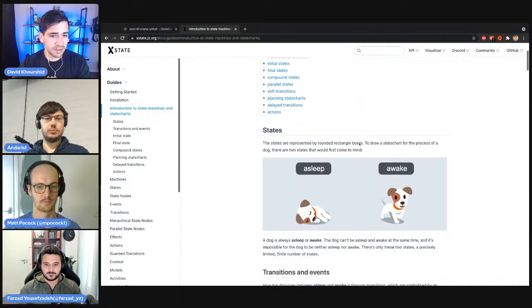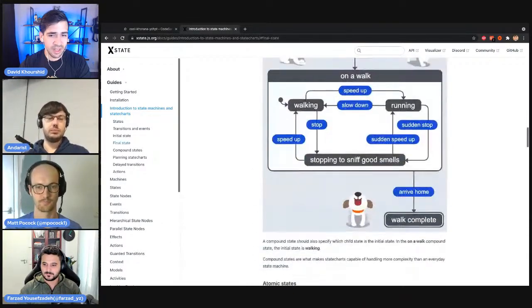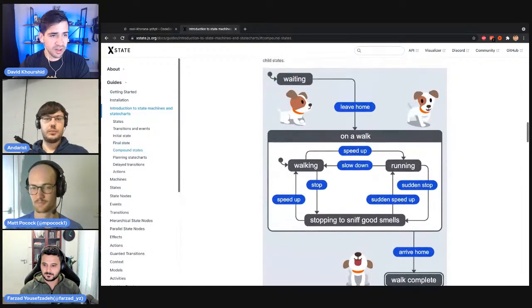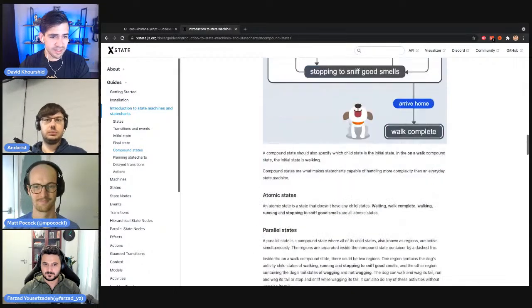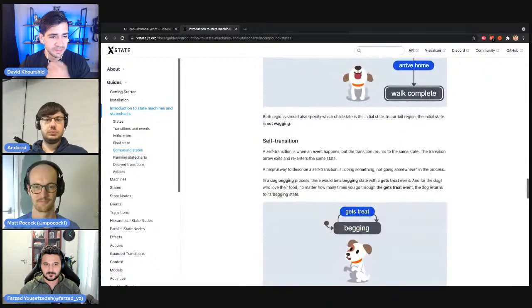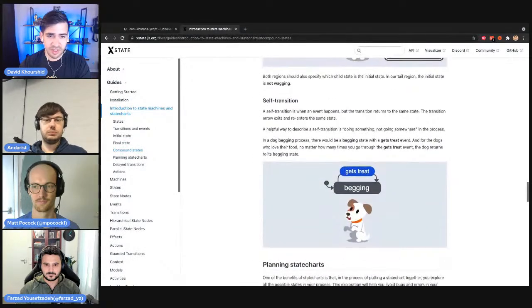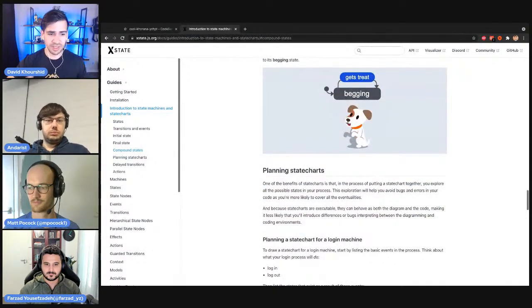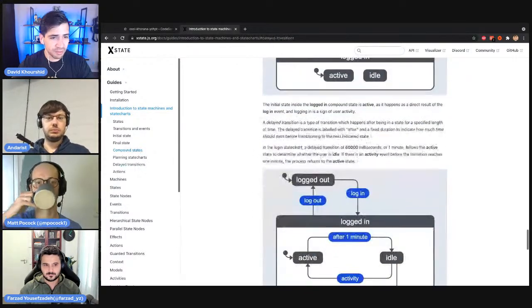And so there's zero code in this entire article, and it's also really easy to follow along with lots of adorable examples of compound states, parallel states, things like final states. So I really recommend, if you are trying to learn state charts and you don't want to dive into the code and have to deal with the huge learning curve that is the XState API, then I really recommend you